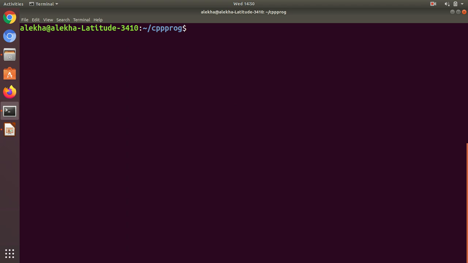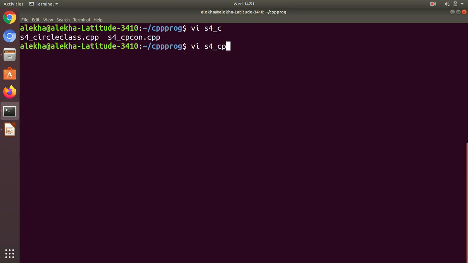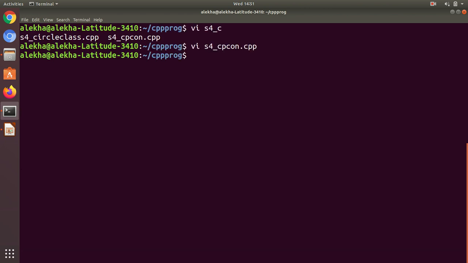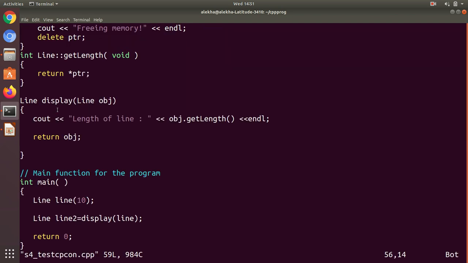The program I'm going to show you is not this one, it should be VIS4 test copy constructor. Okay, this one.